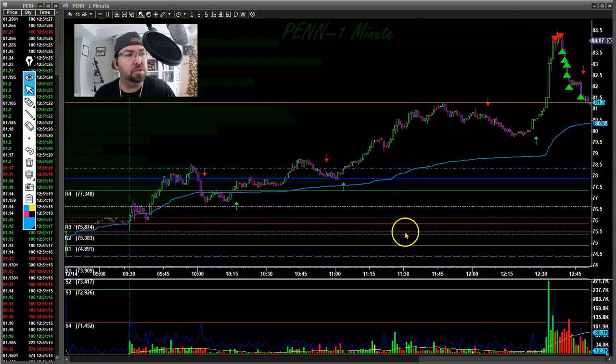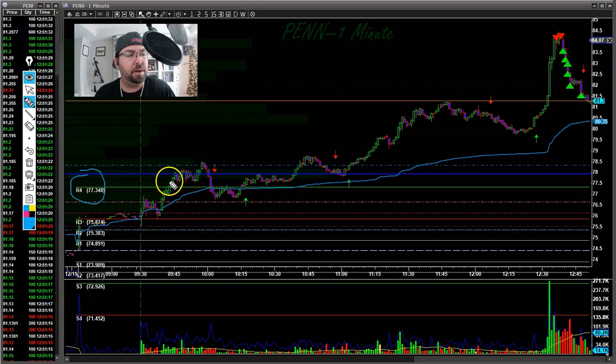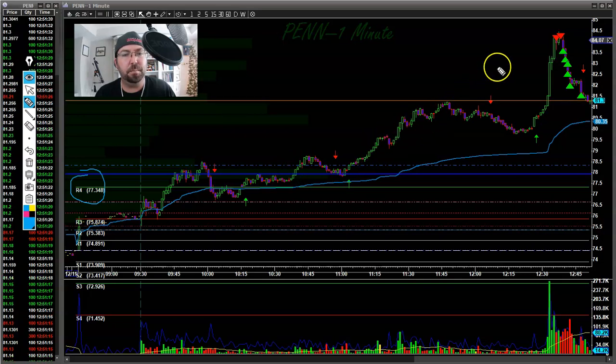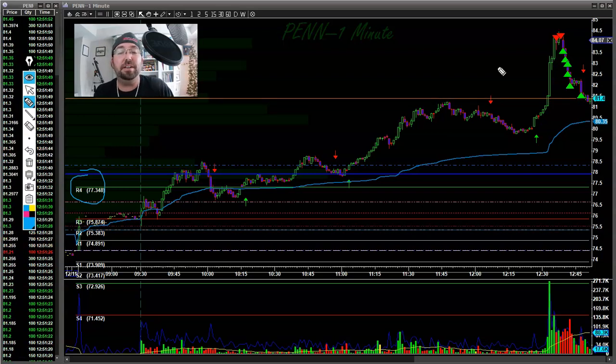So I'm going to zoom out a little bit, and you can see that PENN here is doing an R4 breakout. So what that means is it's gotten back up above R4, the Camarilla pivot here, and it actually settled on top of it, moved up through this daily level, and it started a breakout. Now, once you're into breakout territory, there's a couple things you're going to get. One, you're going to get a long breakout. That's often going to run well for you, and then you're going to also get some really extreme reversals from those areas. Those are kind of things that I really like to play, especially in the afternoon when